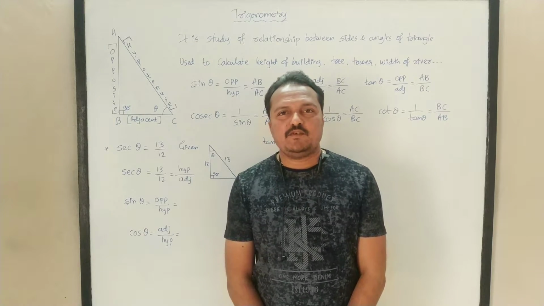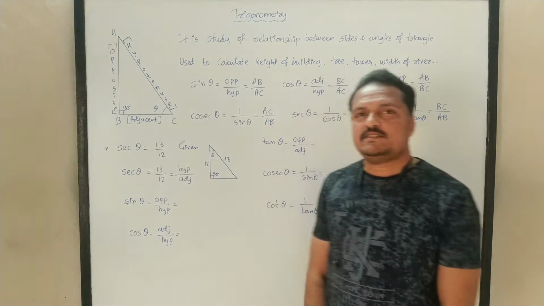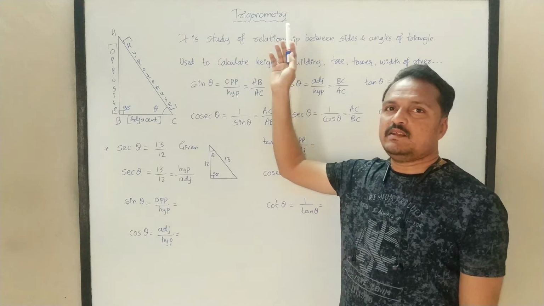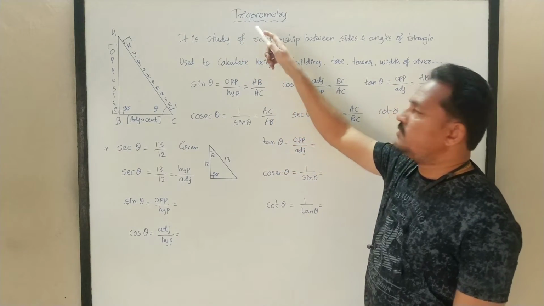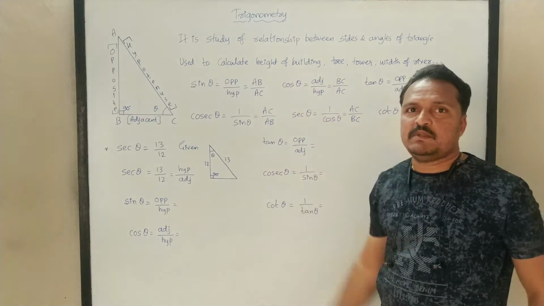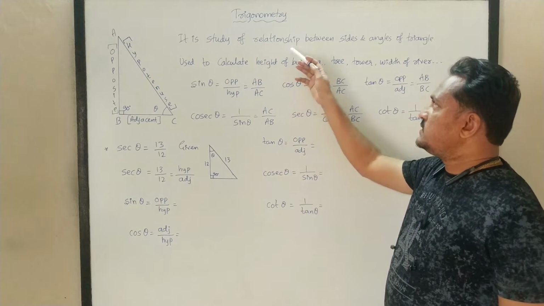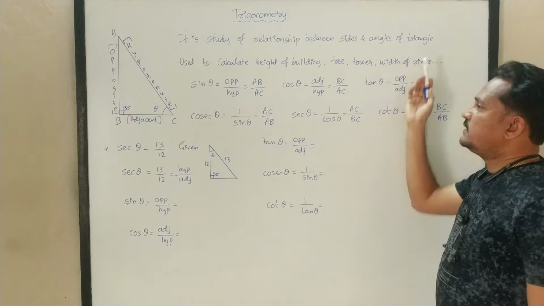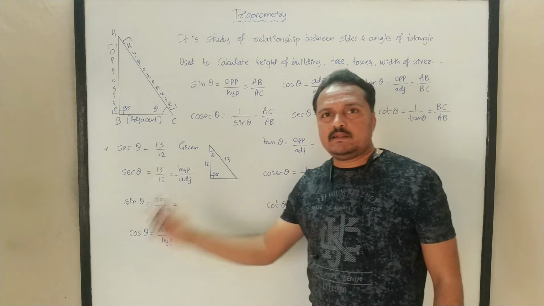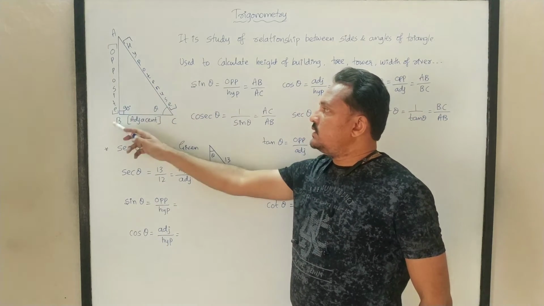Welcome kids. Today we are going to begin our study with the discussion of the chapter called trigonometry. Already we know tri means 3, gon means a side and metry means measurement. So what is this trigonometry actually? It is the study of the relationship between the sides and angles of a triangle, and that triangle must be a right